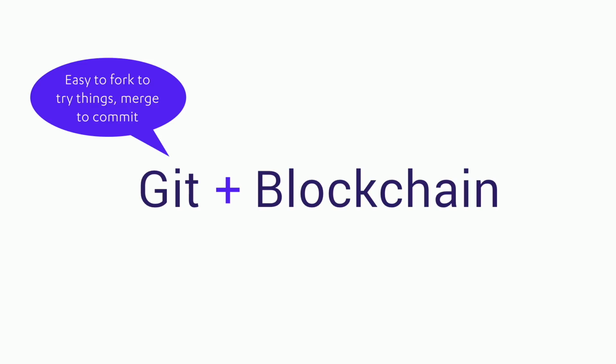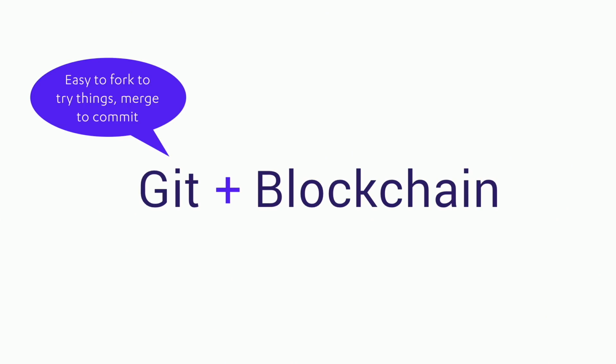But the one thing that we want to combine in bringing Git and blockchain together is that Git has a very unique quality that, whether it's developers or people using Git as a content management system recognize, it's very easy to fork a repository, take a version of a piece of software or a version of an HTML file and fork it and try something else. And then if you like it, you merge it back with a commit. Now, anybody who knows anything about blockchain knows that forking a blockchain is relatively common, not easy, not necessarily desirable, but merging a blockchain is beyond out of the question. We don't merge on blockchain, we just fork.